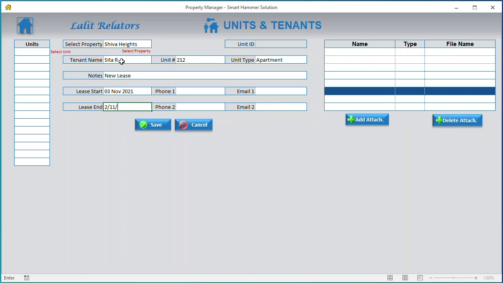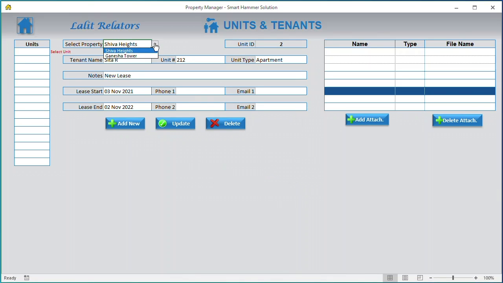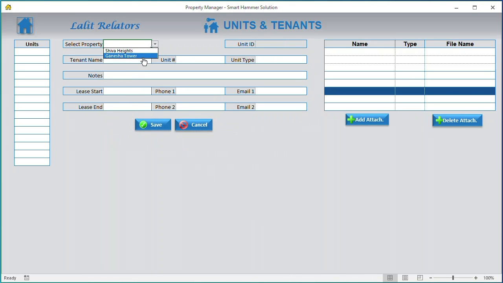And then click on save. Unit saved or updated is a dialog box that comes. Now let us go to Ganesha Tower and add a new tenant's name here for Ganesha Tower. Put the unit number, unit type is office,